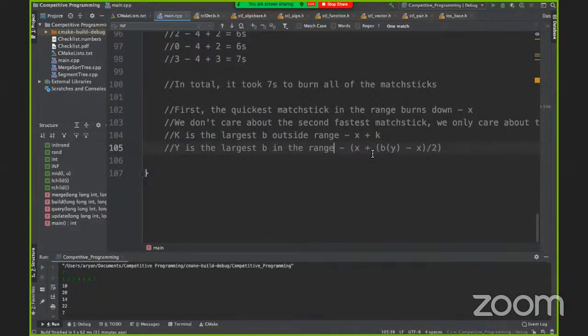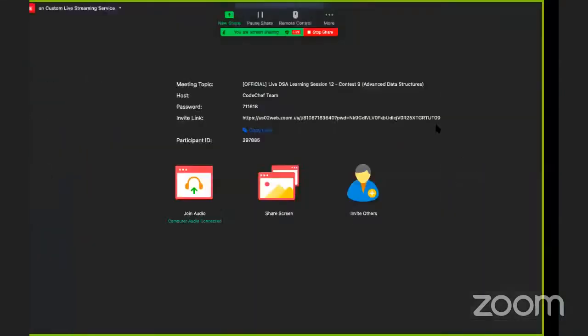The time it'll take to burn is X plus K, and for the range this will take X plus (Y minus X) by 2, which is basically just X by 2 plus Y by 2. Does that make sense?